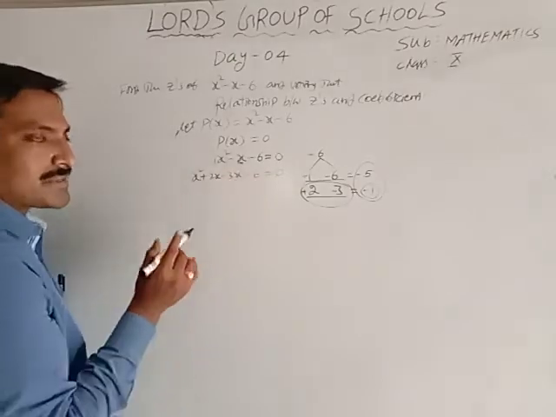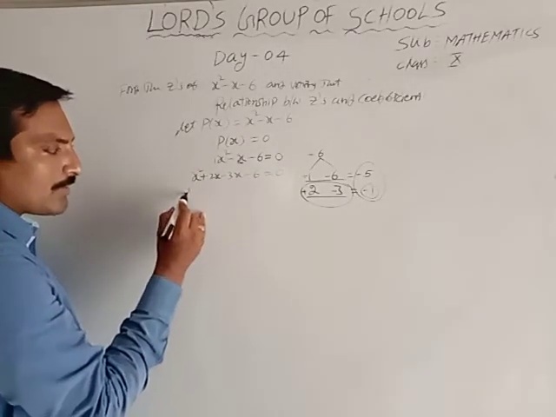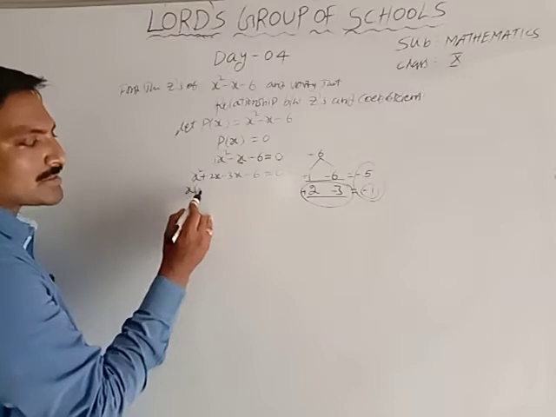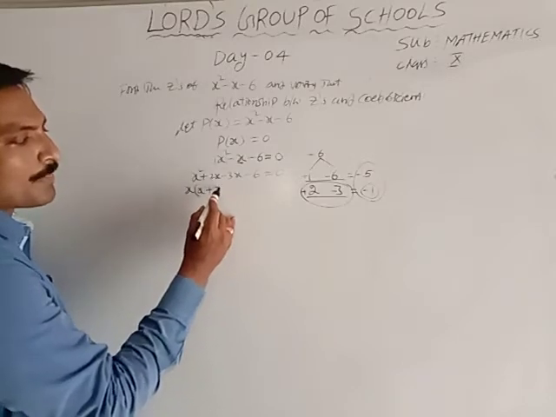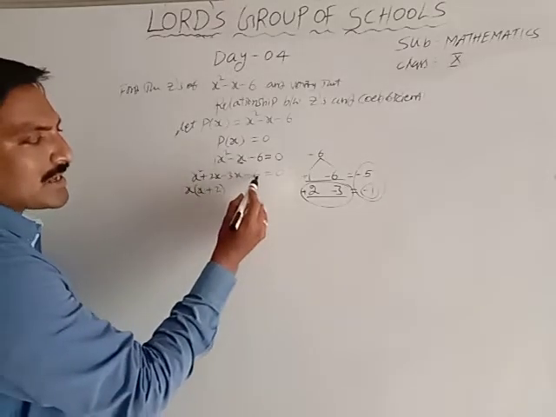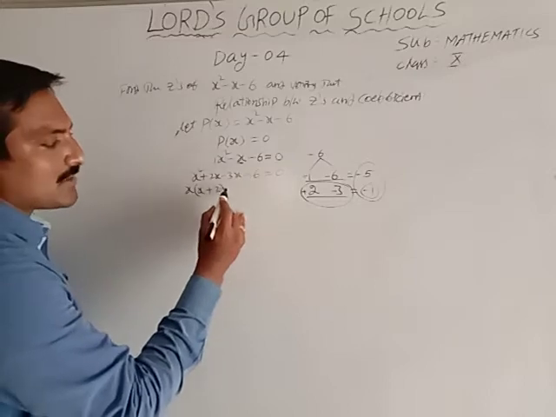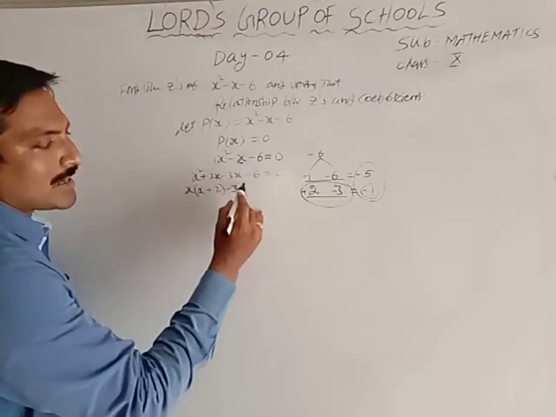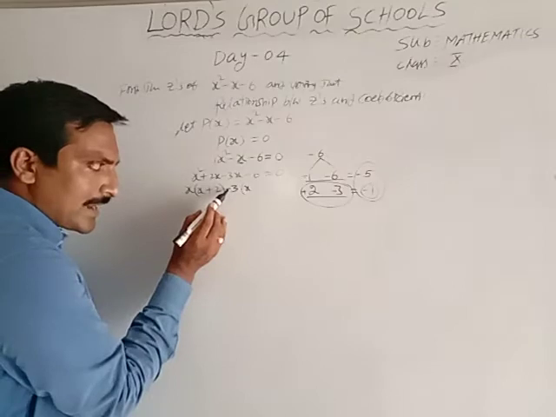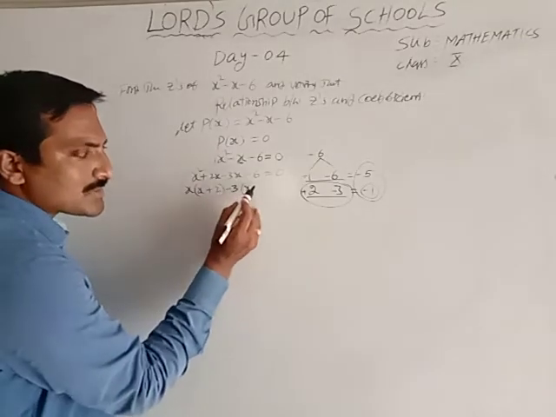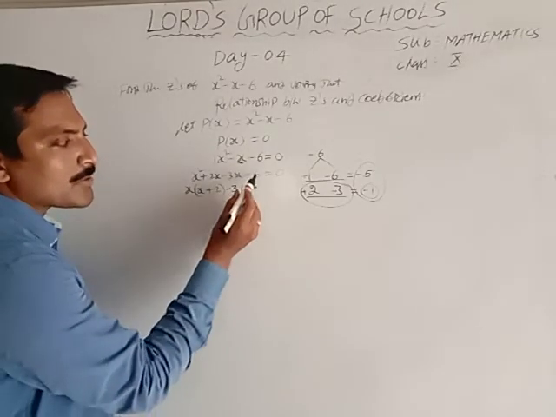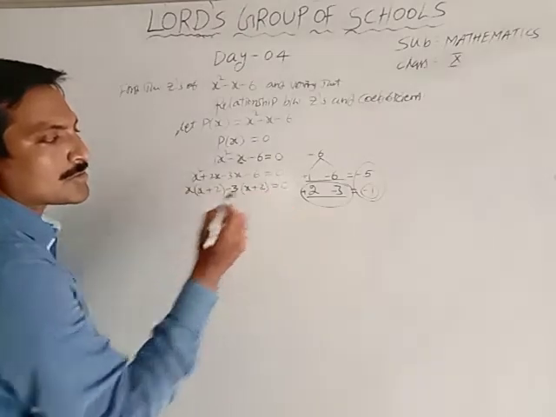Here 4 terms are present. In the first two terms you take the variable x common. One x is left, plus 2. Here 3 is a factor of 6, that's why take minus 3 common. Then x is left. When taking the negative symbol common, the last term's symbol changes: plus, 3 twos are 6, is equal to 0.